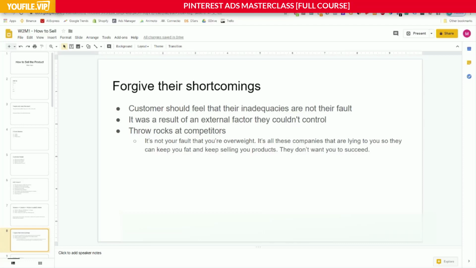Like, while that may be the truth, nobody wants to hear that, and they're not going to buy from you when you tell them that. So what you need to do is forgive them for their shortcomings. Usually it's the specific thing that they're coming to fix with your product. You want to forgive them for wherever they are falling short, wherever the issue is. You want to take the blame off of them, and a good thing to do is put that blame